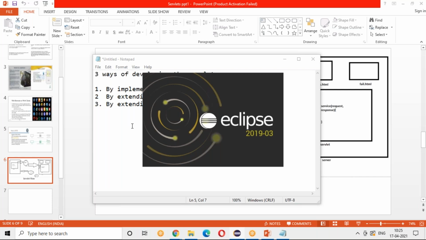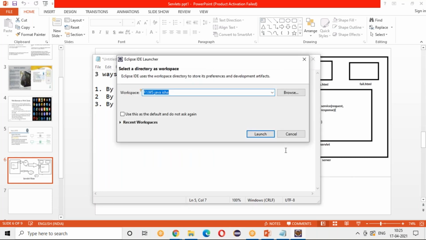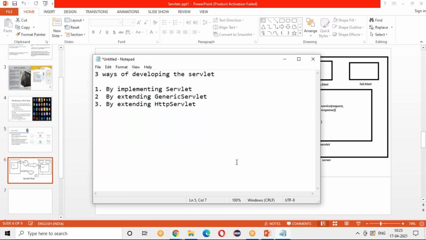Any version is fine, like 7 or 8, which I was using, but I think some later versions have come for Tomcat. You can use that also. Downloading Tomcat is very simple. As I told you, Tomcat is a container where you deploy your web applications.